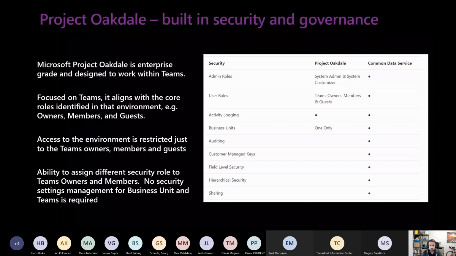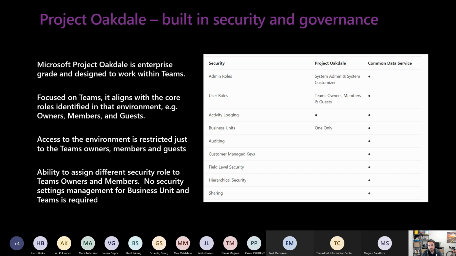I already mentioned the part about security and governance. Microsoft Project Oaktail is enterprise grade and designed to work with Teams, of course, and we have different kinds of roles to identify the environment, like the owners, the members, and the guests.